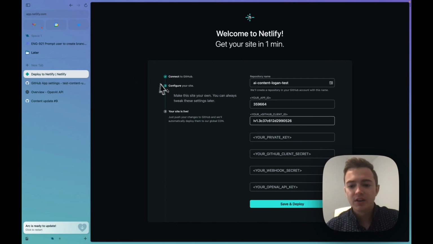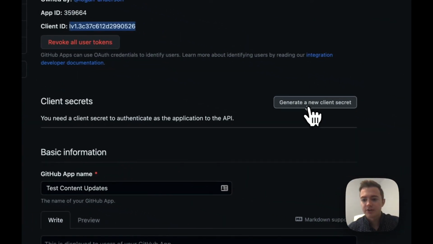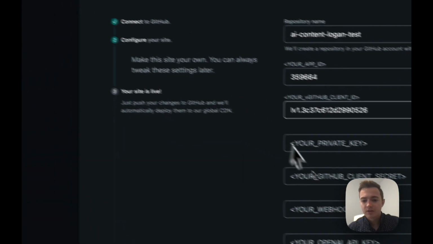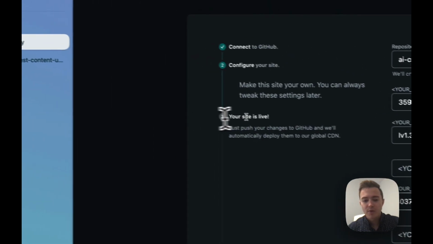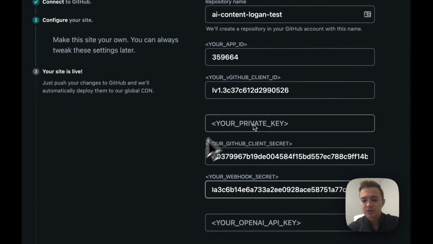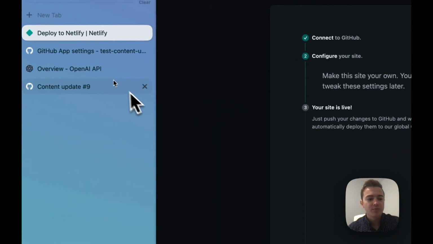The private key, I'll show you how to get that in a second. Let's just generate a new client secret, copy it. The webhook secret we have in our terminal, and the OpenAI API key can be generated by